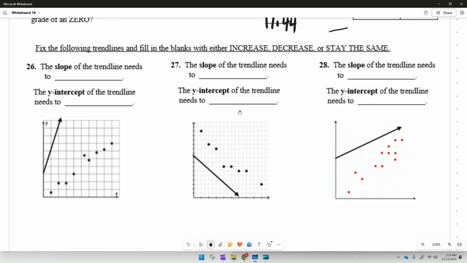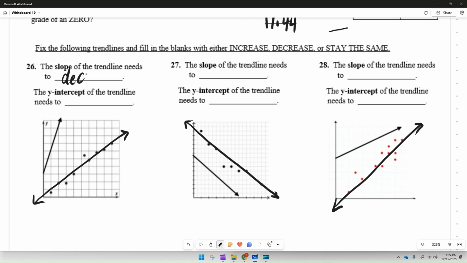Now we're going to go down here to this section and we're going to look at increase, decrease, or stay the same. We're basically creating just a general trend line between these graphs and these data points. So if I look at this first one, I need to decrease my slope and I need to decrease my y-intercept because I want this one to come down and become that one. I need to make this graph look more like that, even further, more like that, right? So we need a decrease. This one, our slope is going to stay the same, but we need to shift